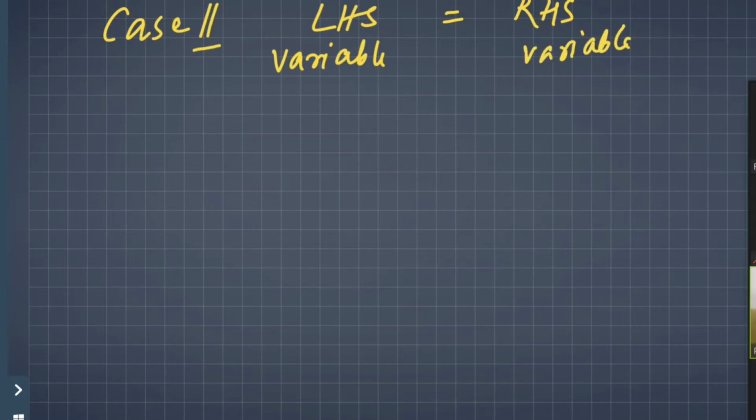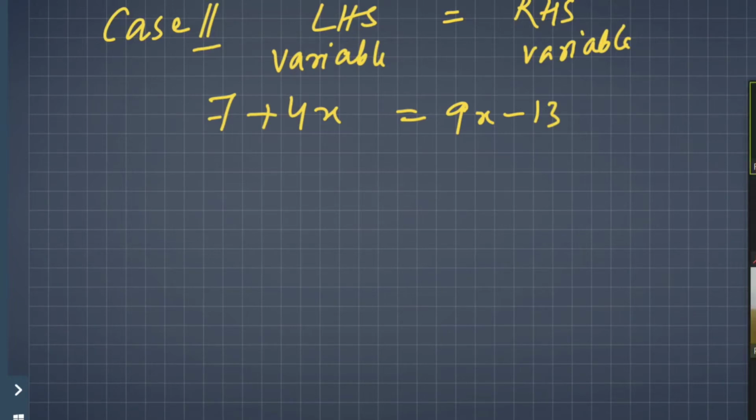For example, you have been given the question 7 + 4x = 9x - 13. Over here you can clearly see that the variable is not just on the left-hand side. It's not like that. On both sides, you can see variables are clearly present. Now in this case, the first step you need to do